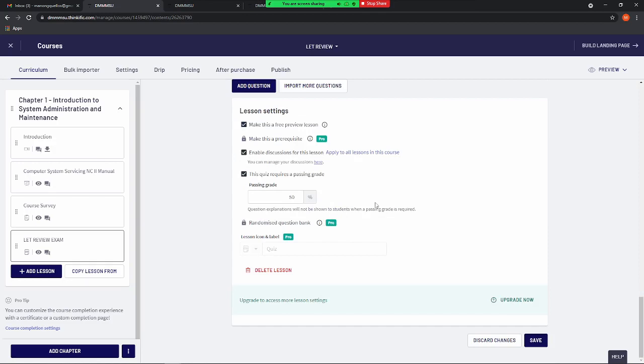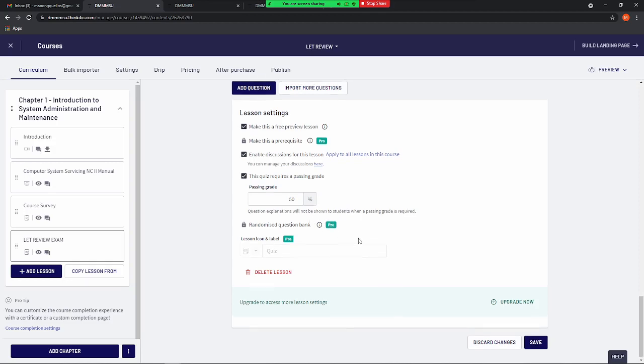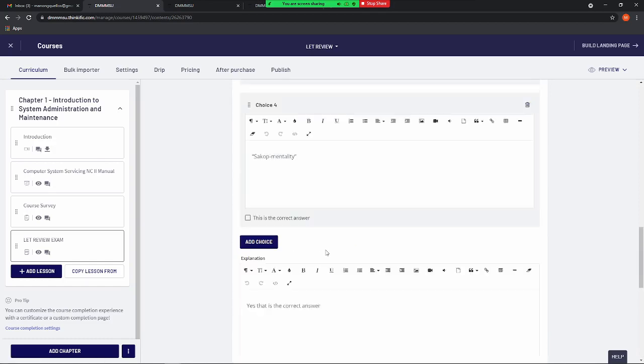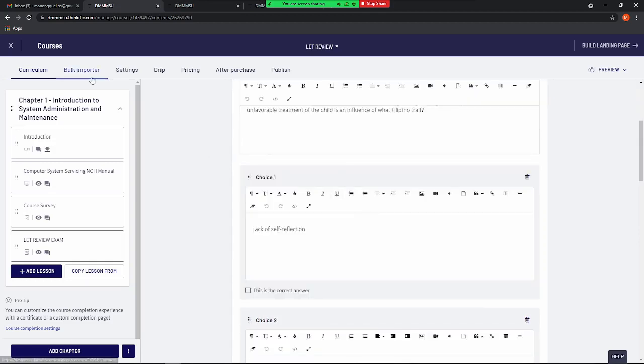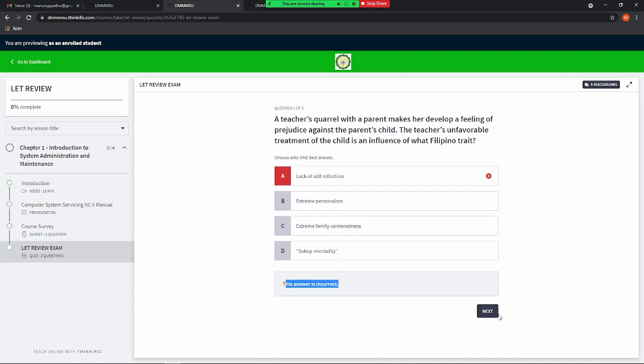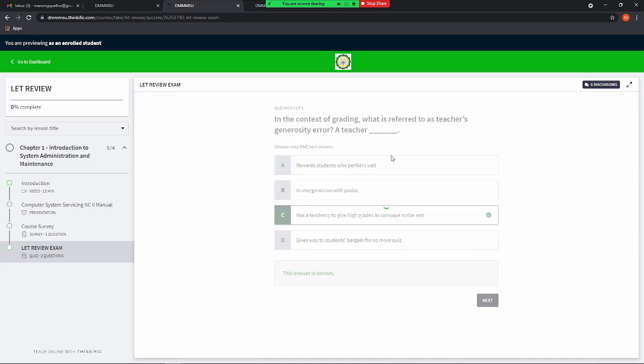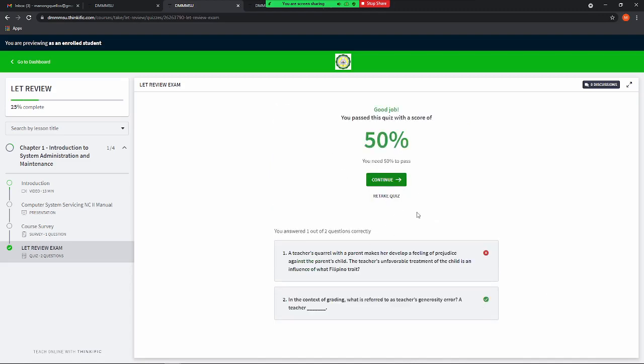Okay. Enable, make the rest. Ayan. So, yung label, tsaka yung randomized question, ito din yung problem kapag free, we cannot make the questions randomized. But for, kunwari, let reviewer, I think, hindi naman na importante na to make the questions randomized. So, we can use these features to have the students makuha yung mga questions and even yung mga answers. Tapos, makikita natin kung ilang percent na yung nasasagutan nila. And based doon sa passing rate ng let board exam, makikita dito. Then, if they wish to retake,